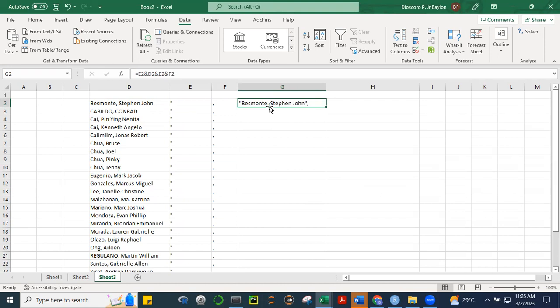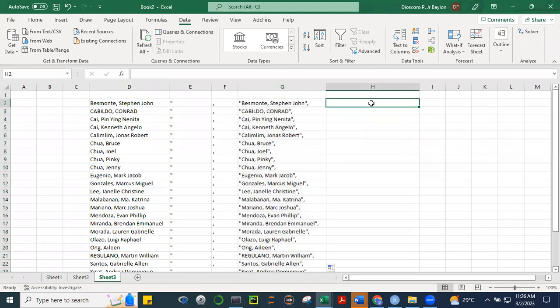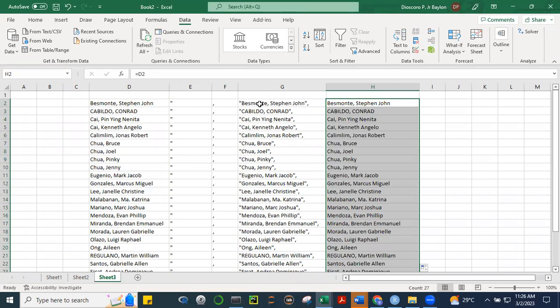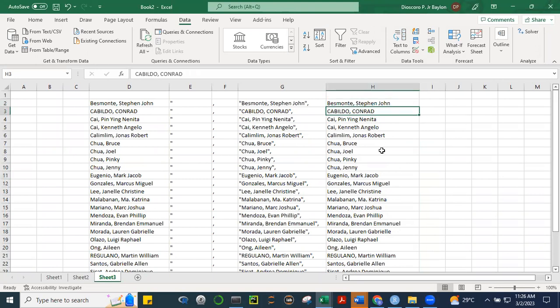Now this can be a problem, the comma here. Okay. No, sorry, not because it's inside the quotation. All right, that's good. Okay, so I copy this down. So that will be the elements of the vector. As I was saying, there's another way to do this, not the concatenation. Let me just copy this, Control C, and then let me remove the formula. So these are just plain text.